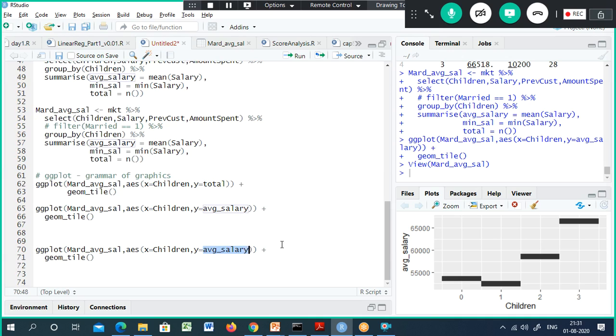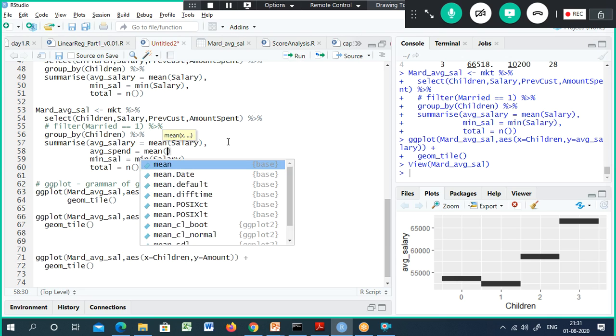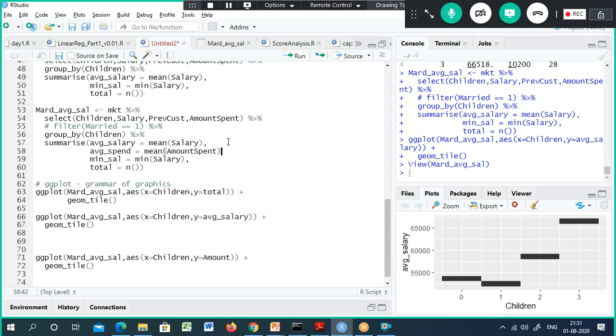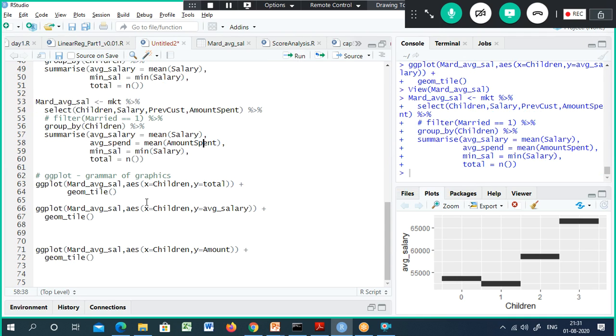So here, amount spent. Now I'm going to execute this because I included a new measure. We call it a measure, the summarized value, amount spent. So here I'm going to look at average spend, AVG spend.